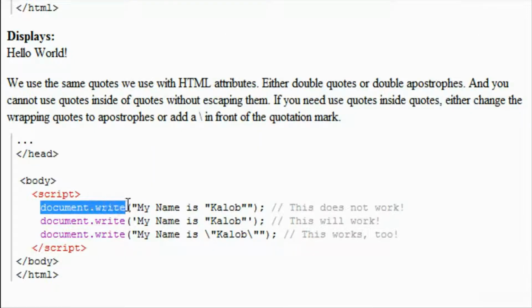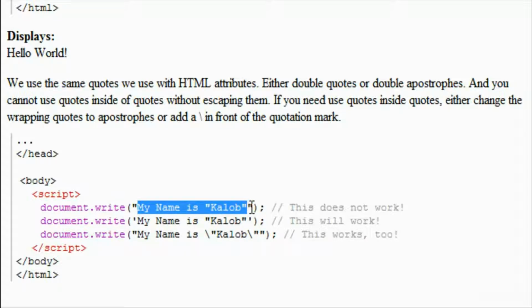So what we have here is we have document.write. So we're saying document, write for us, and I wanted to put my name is Caleb with quotation marks around Caleb. But because we have quotation marks at the beginning and the end of our text, this is not going to work. What the browser sees is this. My name is blank, and then in here